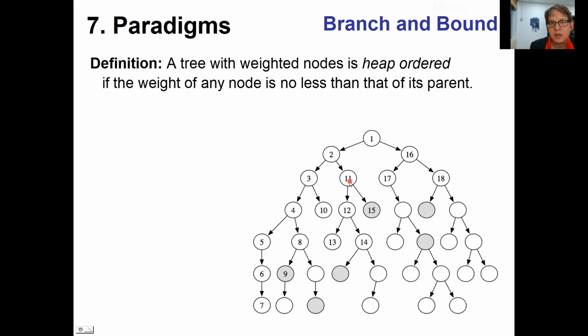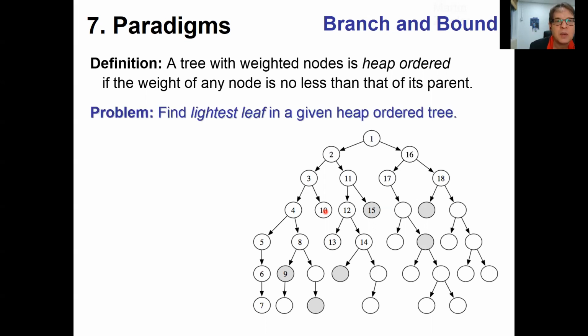11, and so on. So this is not to be confused with the search tree. A search tree means that the nodes in the left subtree must have weight or key less than the key value of the parent, which must have key value less than the right subtree. But here it's not left, root, right, but instead it's bottom up, so that the root will always have the least value, and the goal of the problem is to find the lightest leaf in such a heap